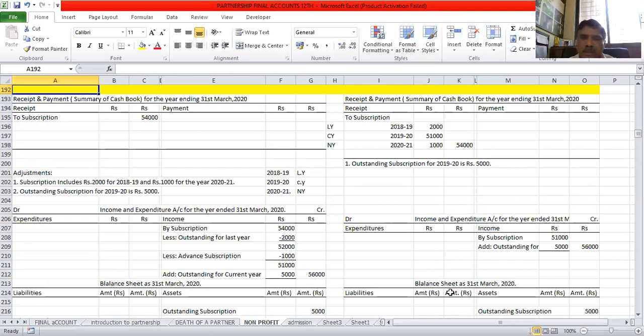Usually the majority of questions will be asked in such a way: outstanding for last year, outstanding for current year, or advance subscription received for next year. Anything may be included in this. In those cases we have to be very clear. If you make a mistake in subscription, you are going to get the wrong surplus or deficit, and definitely the balance of the capital fund in the final account will also be wrong. That is why we have to be very careful when you are calculating the